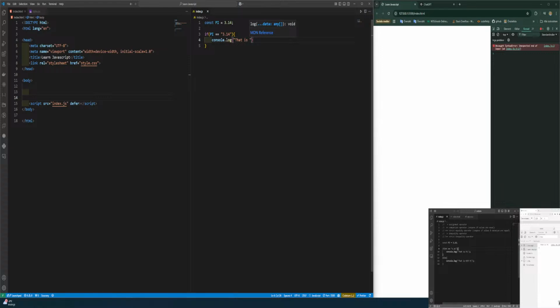Is the number 3.14 equal to the string 3.14? Well, according to JavaScript, that is pi. That's because we're using the comparison operator. We don't care about the data type. We only care about the value. Are the values equal? Now, if I was using the strict equality operator, which is 3 equal signs, well then